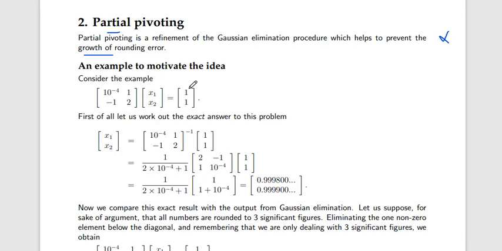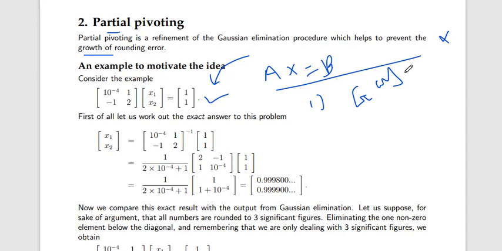Okay, now here is an example. These are two linear equations. We will transfer this into the form Ax is equal to b. Okay, this is the form Ax is equal to b. Now there are two methods to solve for x. First is Gaussian elimination. We already talked about it. Ax is equal to b, transfer to the augmented matrix, upper triangle matrix, and back substitution. Then we will get the values of x1 and x2.